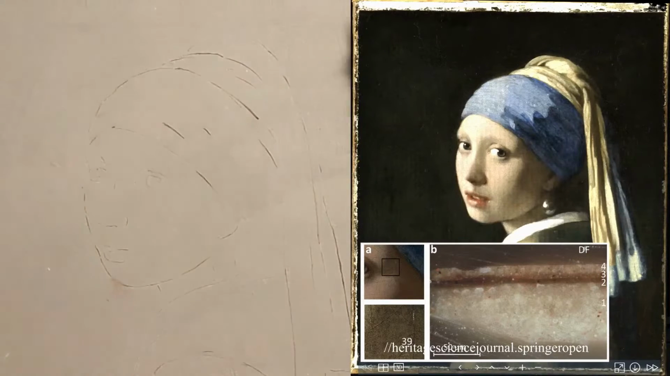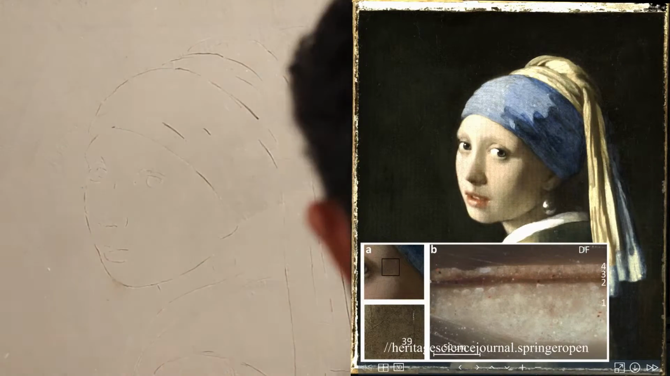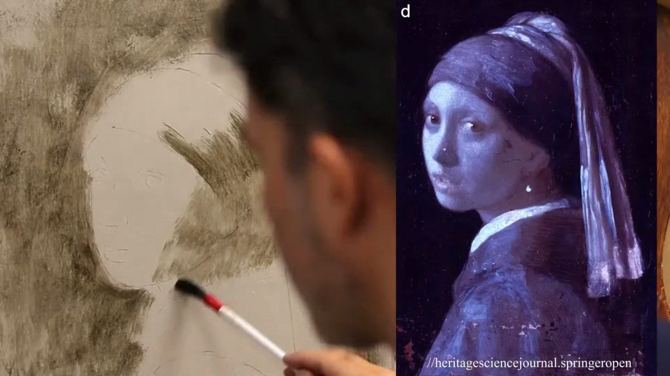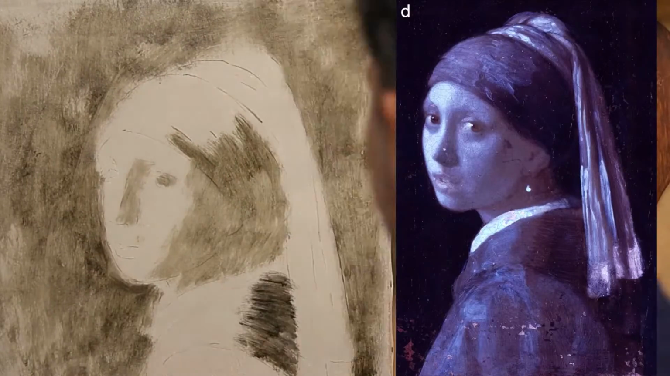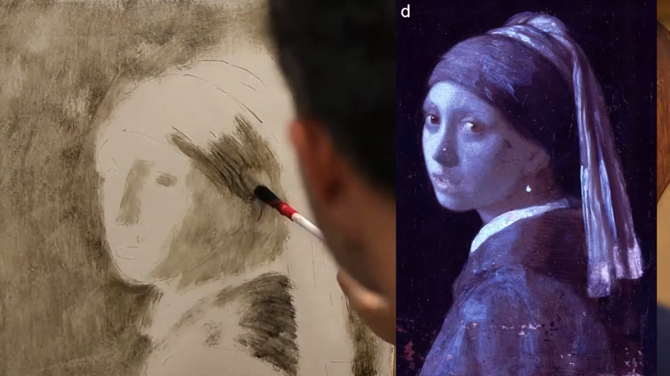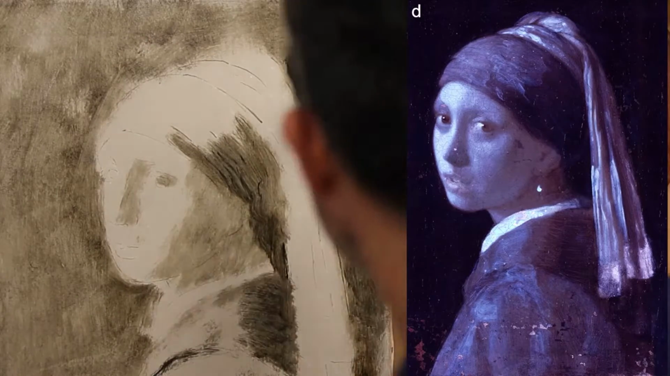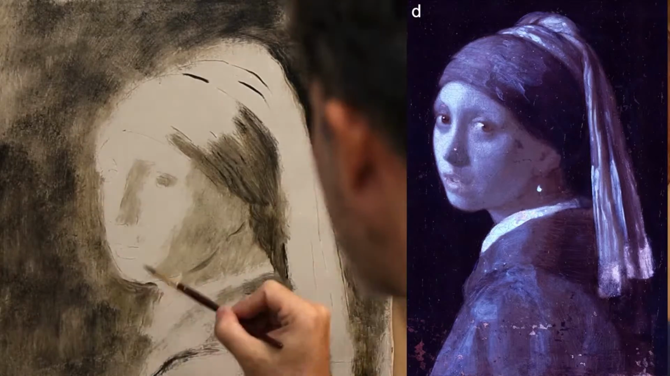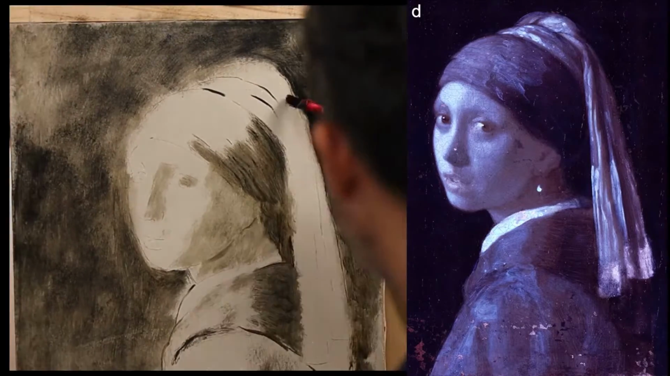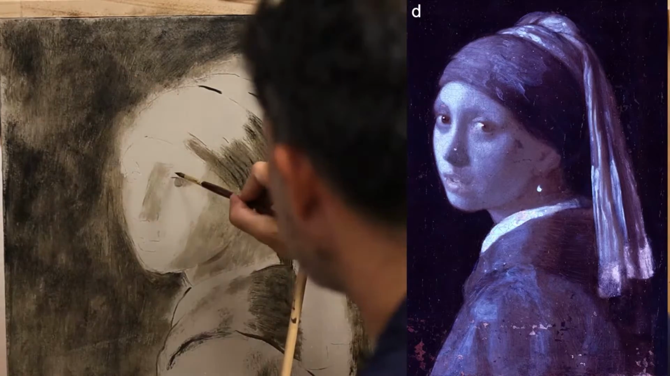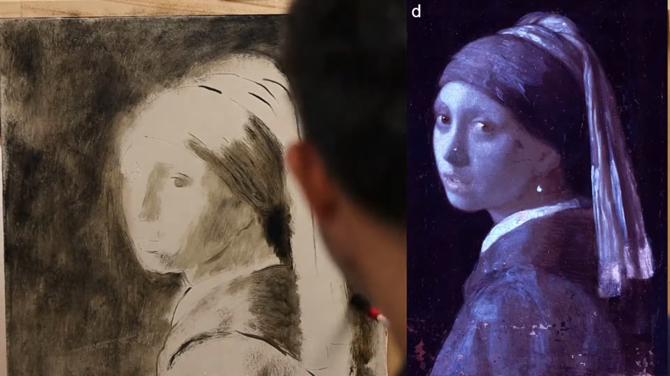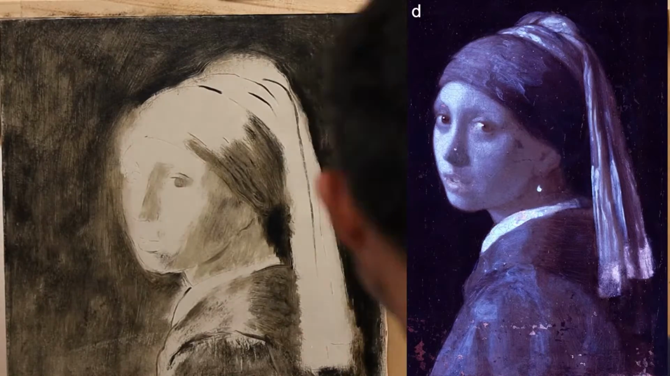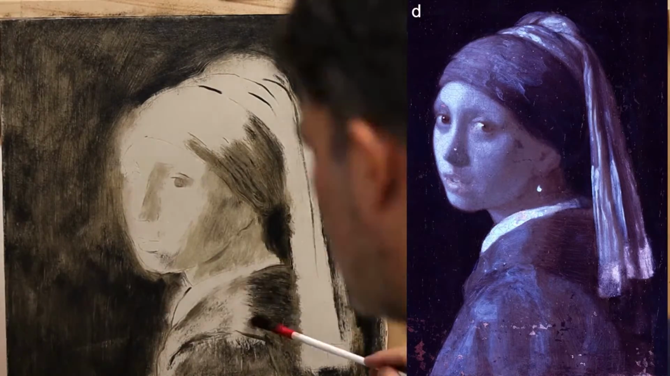So for those of you that are just joining, we started with the undersketch once again and established the underdrawing with brown paint and also charcoal black and a little bit of bone black as well. He seems to have used two types of black for his underpainting and the painting as a whole. So I established this underpainting under sketch